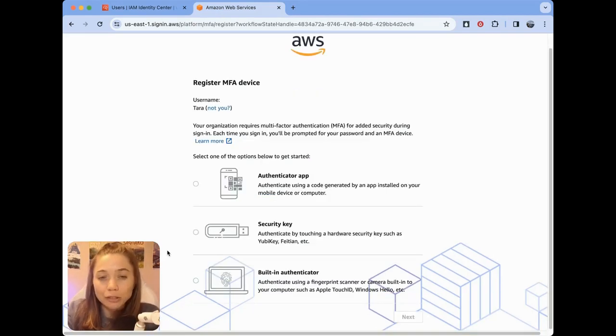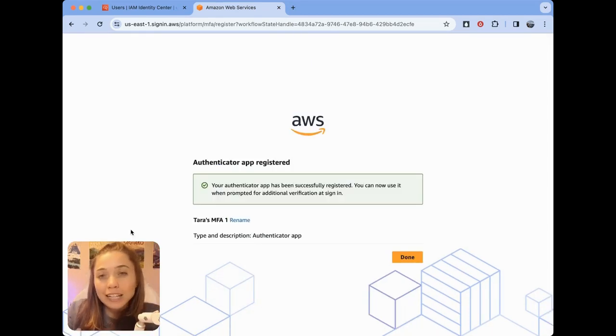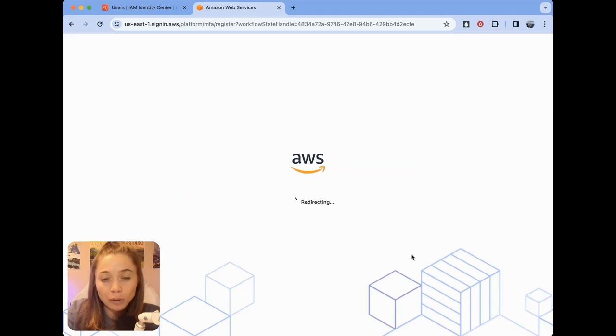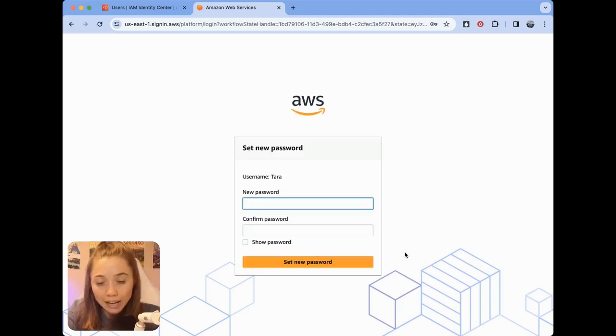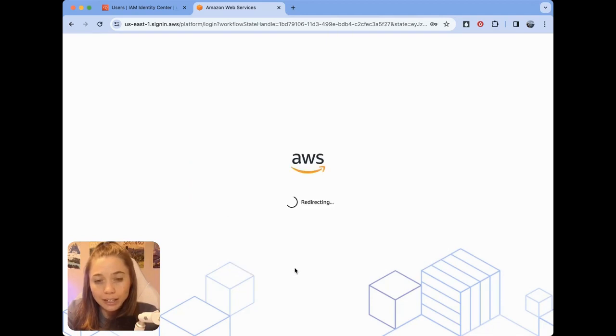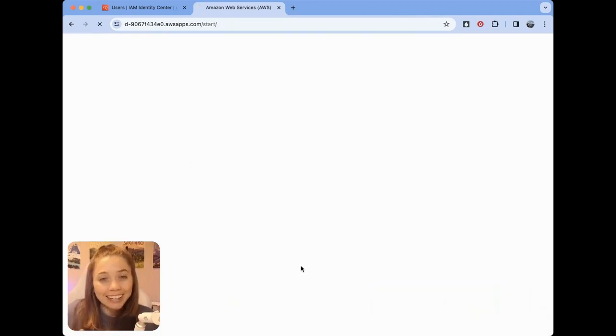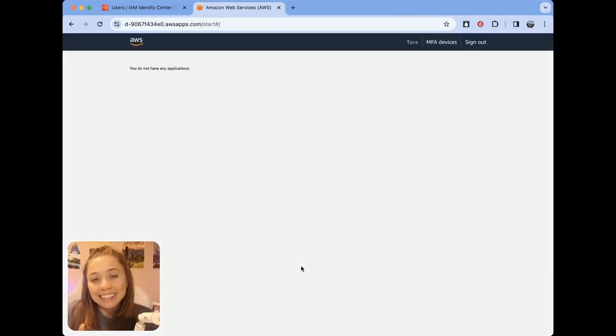I'm going to be prompted to register my MFA device. We'll talk a little bit more about MFA in a moment. For now, I'm just going to register my MFA device real quick and then I'll come back. That's my MFA sorted. And just in case you don't know how to set up MFA like this, I'll link to some instructions in this video as well. Next, I imagine I'll be prompted to create an actual password. All right, got a password set up for now. Set new password. Logging in, and